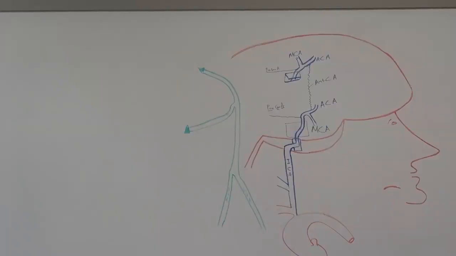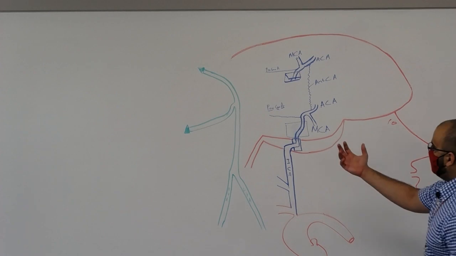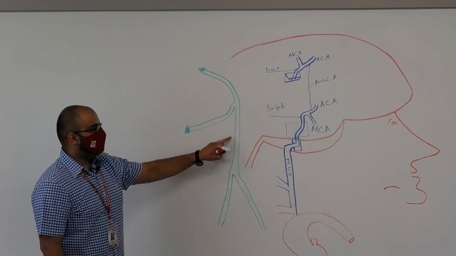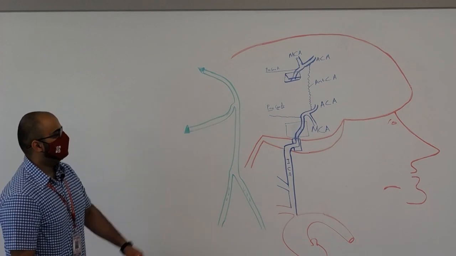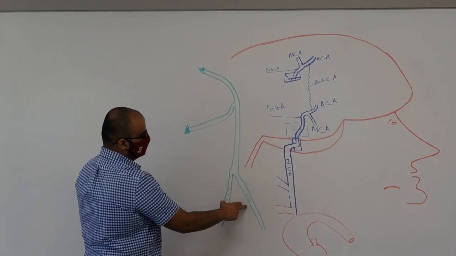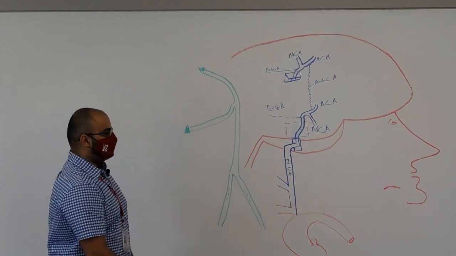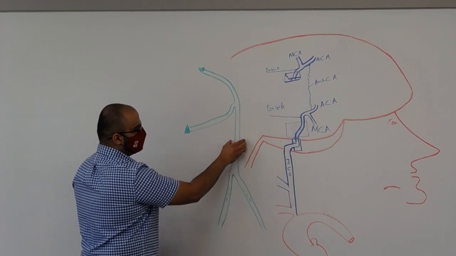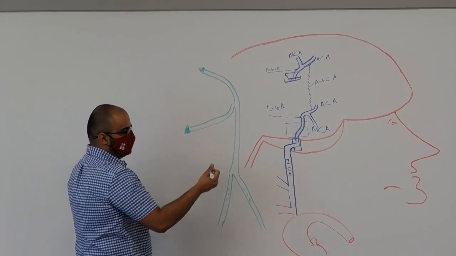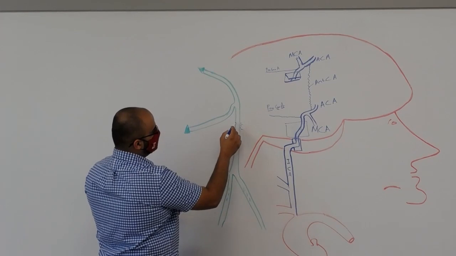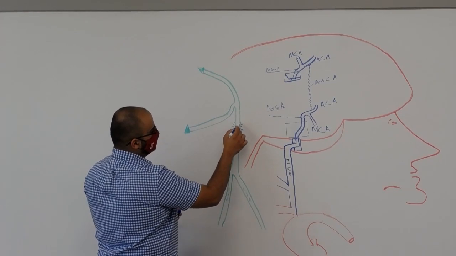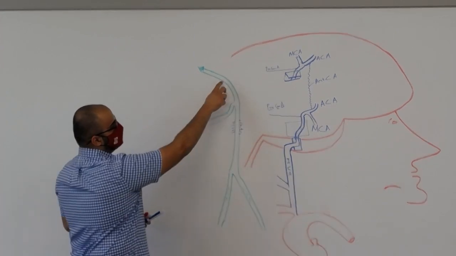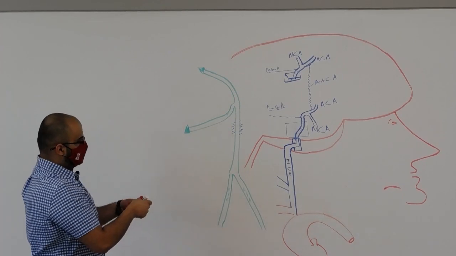All right, so now we will discuss how the vertebral system is entering and what are the two terminal branches. The basilar artery will divide into two major branches. So again, right vertebral system, left, they merge together at the pontomedullary junction, goes up and forms the basilar artery, okay? This is the basilar artery, and the basilar artery also gives some branches to the pontine area, that's the pontine arteries. And then the basilar artery will divide into two terminal branches, and they are